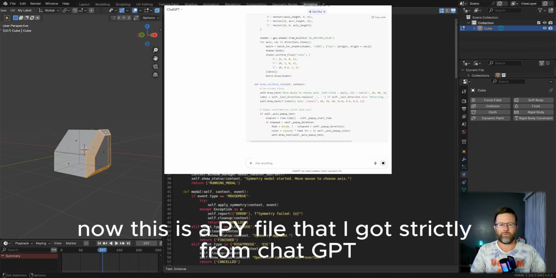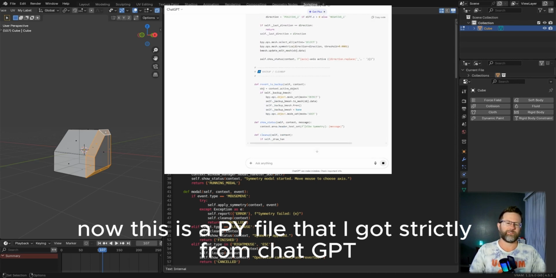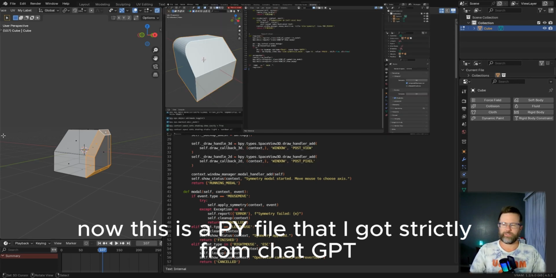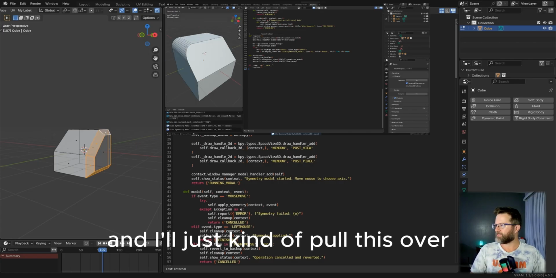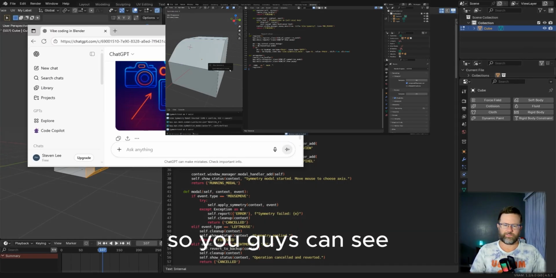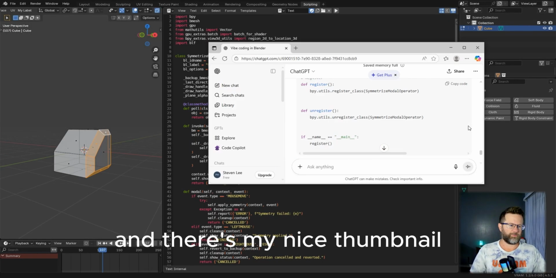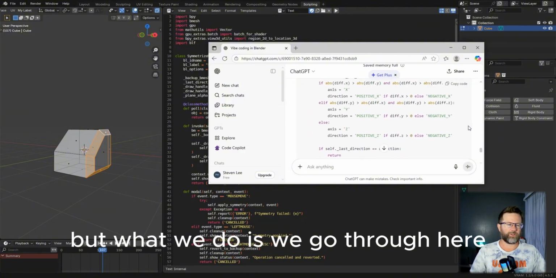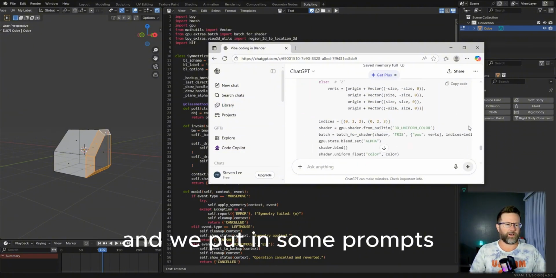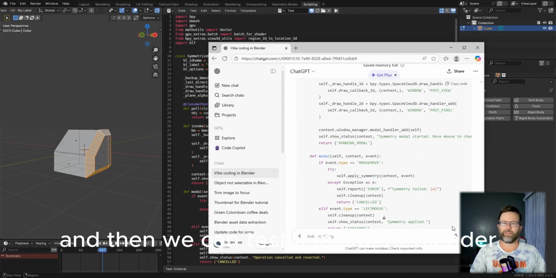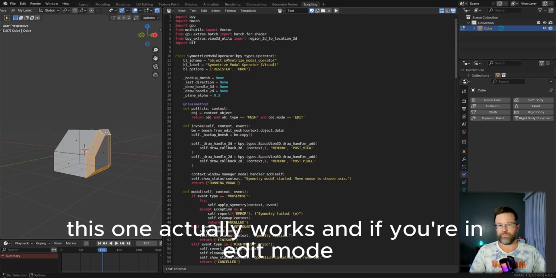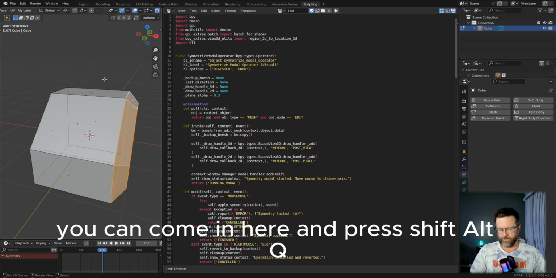Now, this is a Py file that I got strictly from ChatGPT. And I'll just kind of pull this over, you guys can see. And there's my nice thumbnail. But what we do is we go through here and we put in some prompts, we'll get some code, and then we can test it inside of Blender. This one actually works, and if you're in edit mode, you can come in here and press Shift-Alt-Q, and